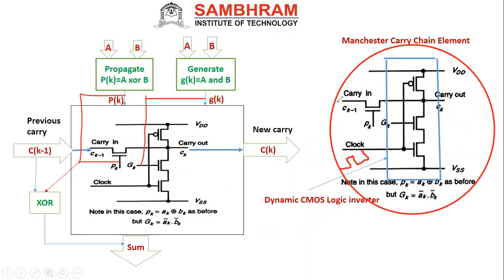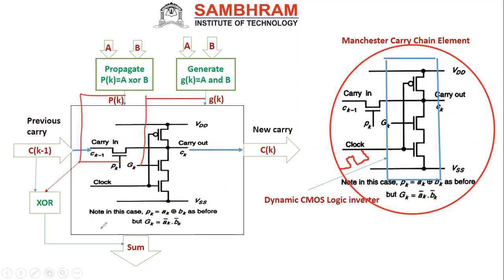You can see here the carry in we are giving through one pass transistor. This pass transistor is nothing but an N pass transistor. The input is C(k-1) in. Then the output I'm connecting to C out of this. The control signal of this pass transistor is nothing but P(k). Then in this circuit, this NMOS input is nothing but G(k). This is the single carry chain element actually. How this has to be connected in a single